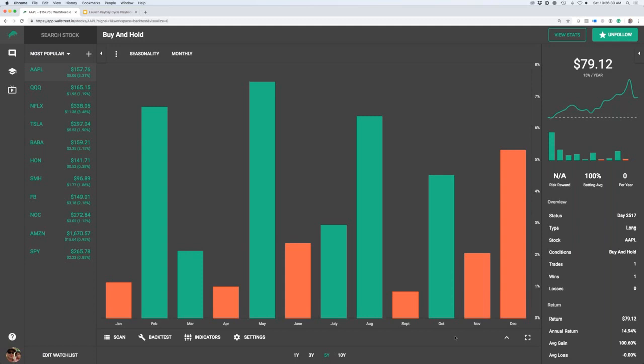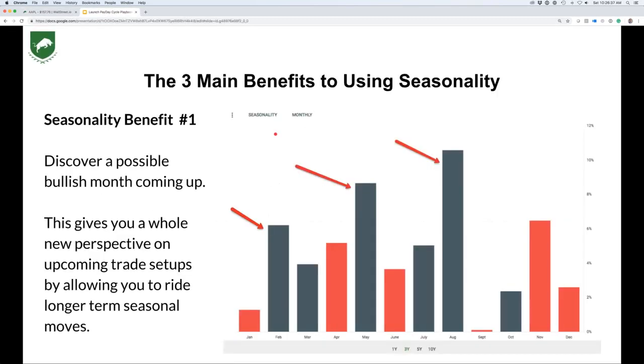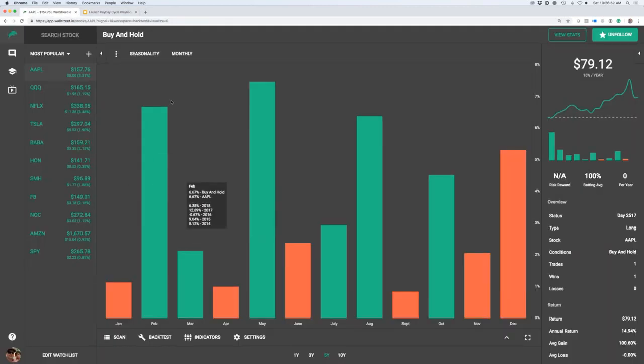Okay. So here's how I like to use seasonality. I've got some slides here for you. Some of the main benefits, again, to using seasonality is you can discover a possible bullish month coming up. I've highlighted a few of them here. Now, this gives you a whole new perspective on upcoming trade setups by allowing you to ride longer-term seasonal moves. Just as a reference, we have this seasonality information on all 8,000 stocks and ETFs in our database, not just Apple. Okay, so if you want to use seasonality Microsoft or Netflix or USO or SPY or Qs or anything,